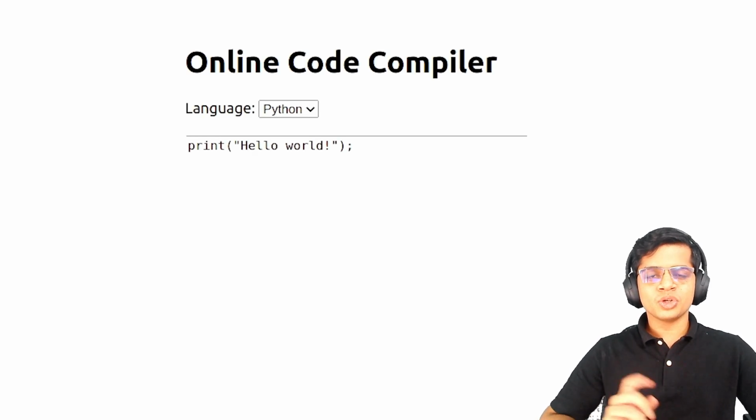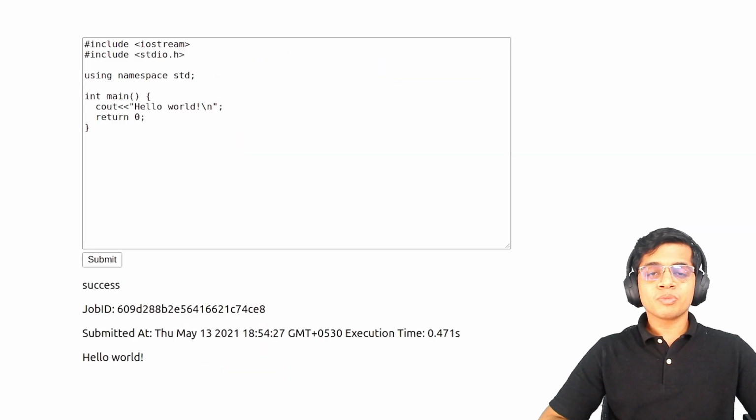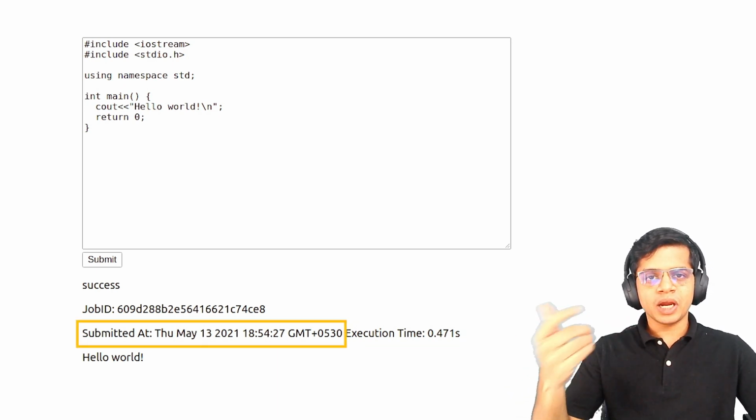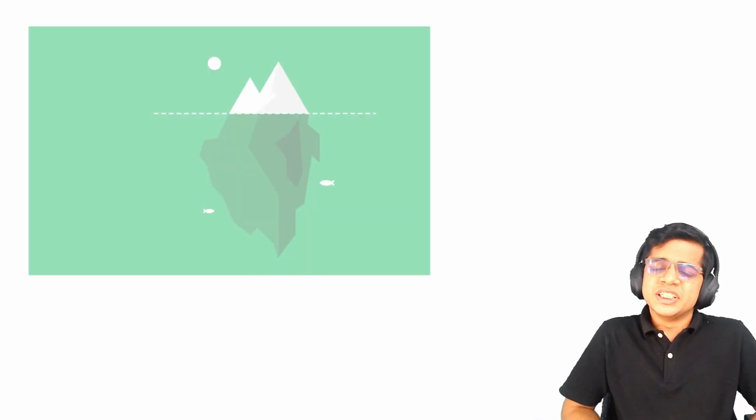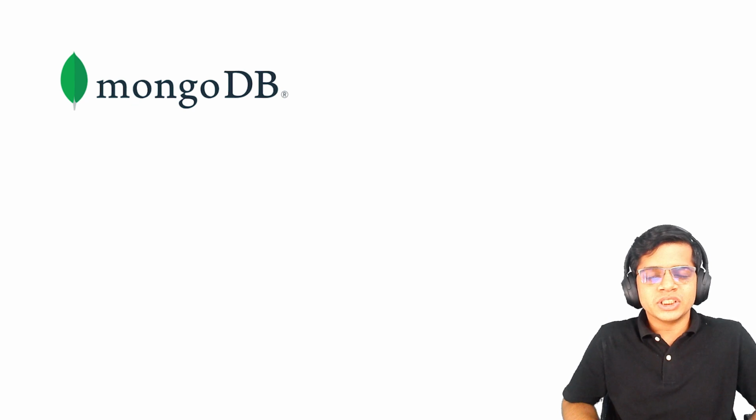To start off, we'll add an option to submit your code in Python and set your default language as well. The output now features the live status of your job execution on the backend, along with details like the execution time of your code and the time at which your job was submitted. Now, it might not look like a lot of changes on the front end, but things have improved considerably on the backend side. The second part focuses more on adding MongoDB inside your Node.js application.